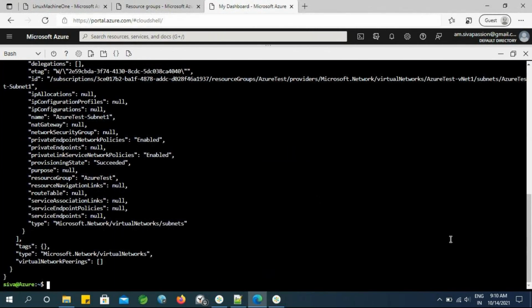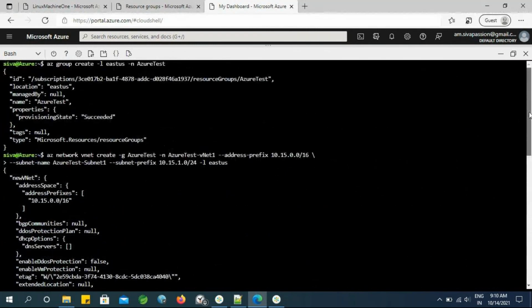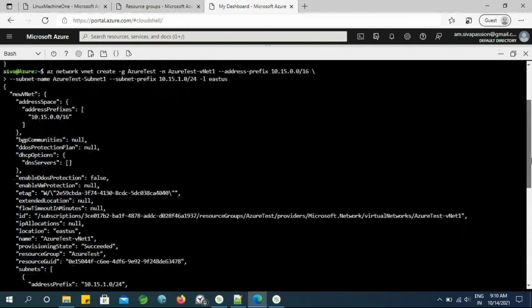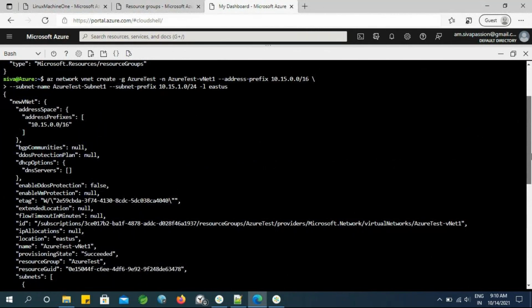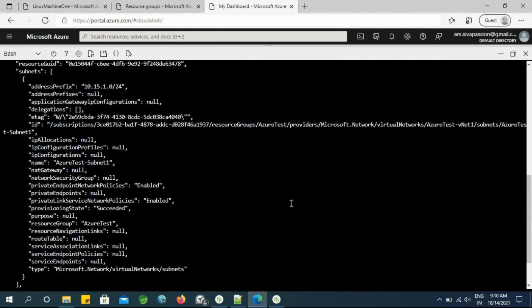Here it is created basically. Okay, it is created, virtual, sorry, not virtual network and subnetwork. Okay, so whether it is created or not, even we can cross check it as well. Okay, where we can cross check it here,